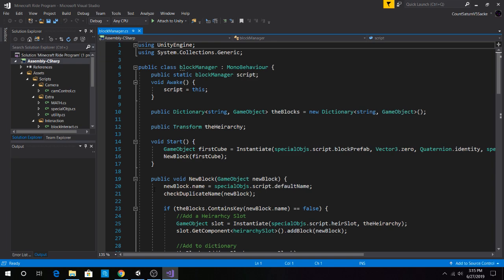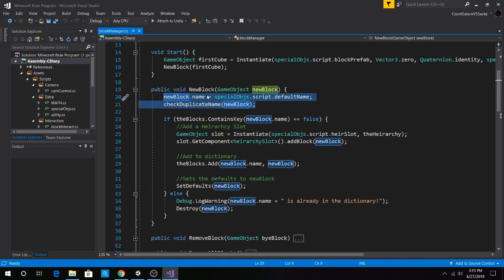Here we have a new block, and we also have new block.name, special objects.script the default name, and then just check duplicate name. However, whenever we do set defaults over here, technically